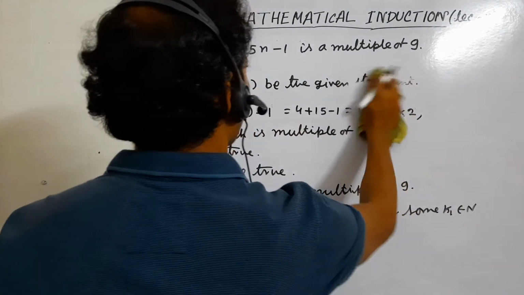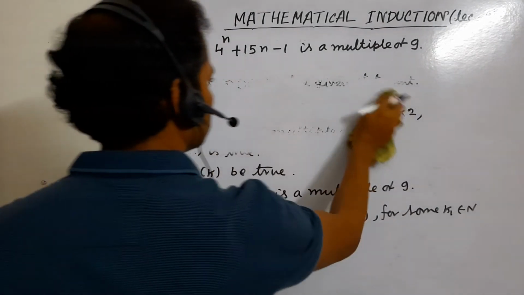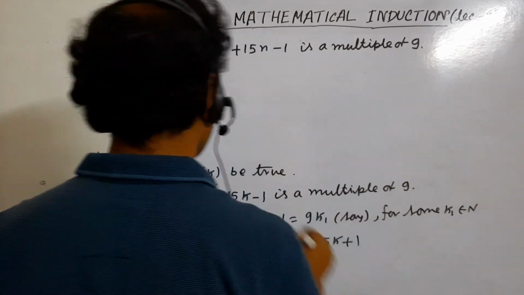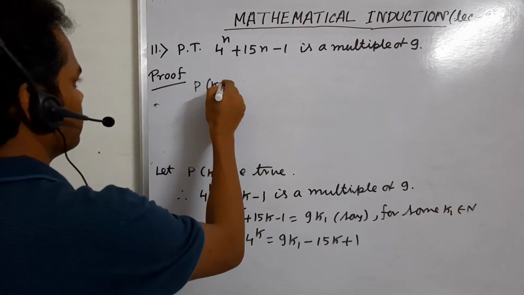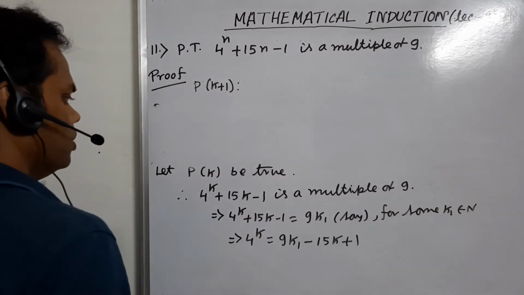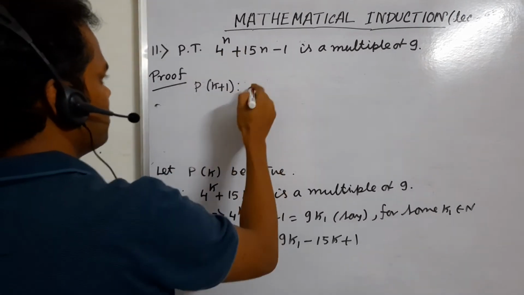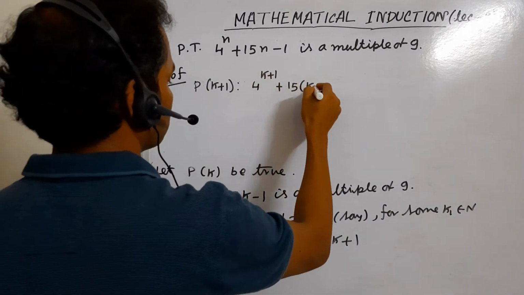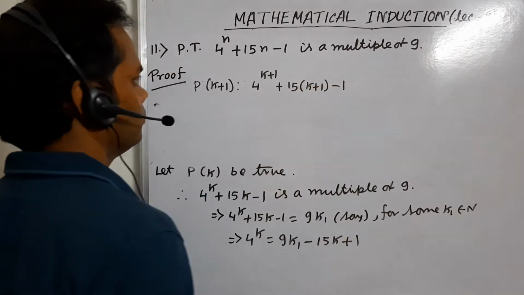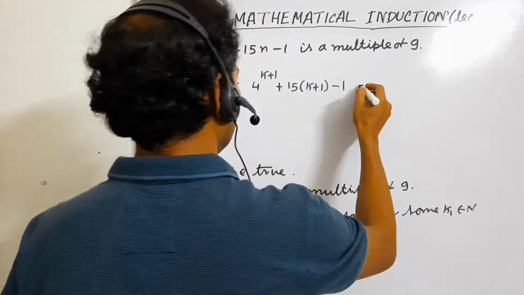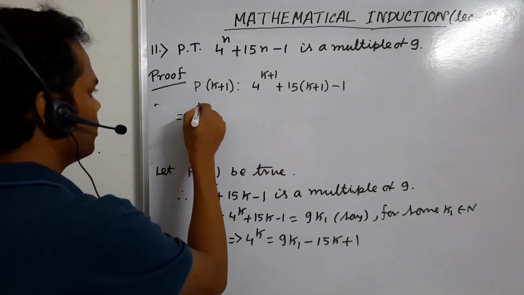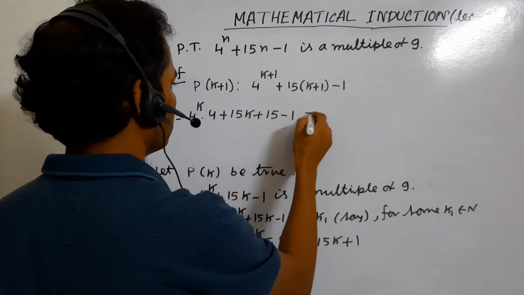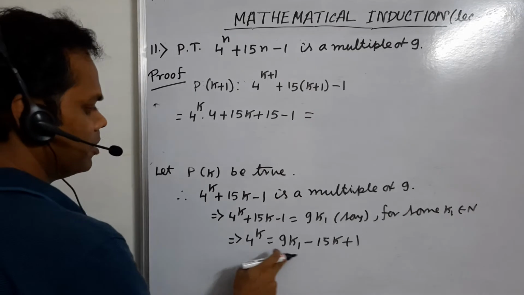Now for P of k plus 1. Here n is replaced by k plus 1: 4 to the power k plus 1 plus 15 into k plus 1 minus 1. Now 4 to the power k plus 1 can be written as 4 to the power k into 4, plus 15k plus 15 minus 1. So 4 to the power k can be replaced by this one,